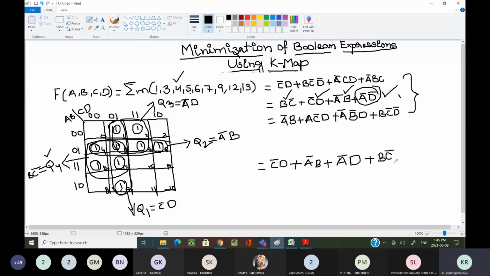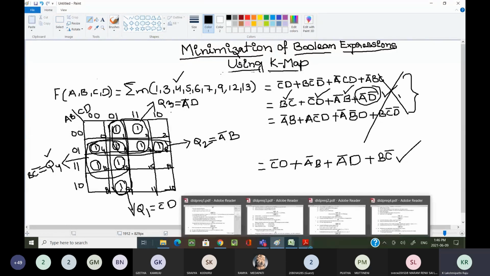Any doubts? Any doubts for this problem? No, sir. Now you are understanding how we are simplifying the given expression by using K-map. Are you understanding? All these 3 answers are wrong. Now this is the right answer. This is the correct answer for the given problem. Okay. Now